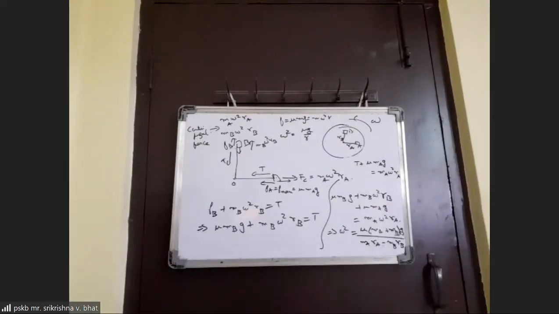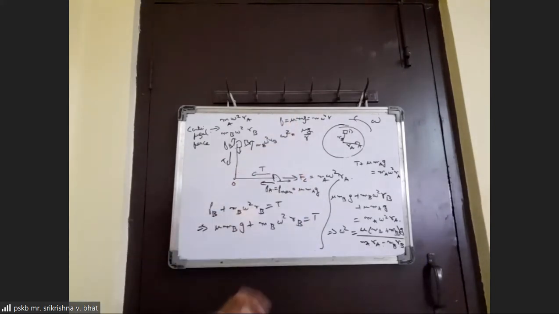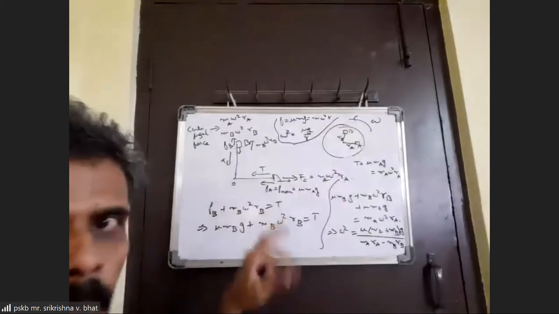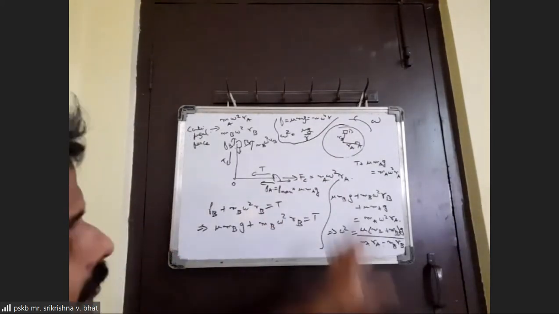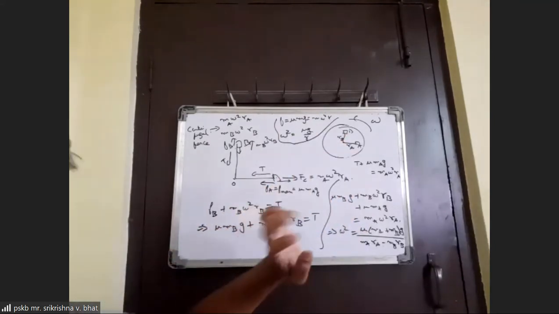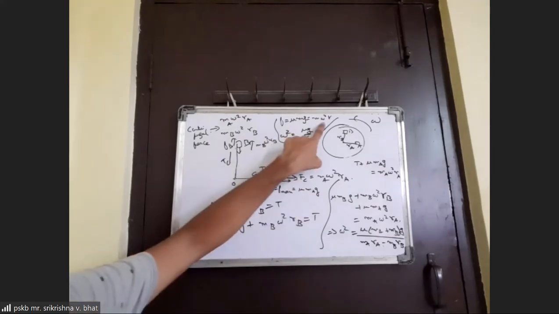Sir, once again, can you explain what you were telling about omega square equal to mu g by r, the tendency for slipping? Yeah, see, this was not related to this question actually. This was just an intuitive working before you actually solve this. For the time being, let's think that there is no spring. If only independent blocks were placed on the table or on the disk, and you were to increase the angular velocity omega slowly, then when would the blocks start sliding? So to get that, we can use this relation.